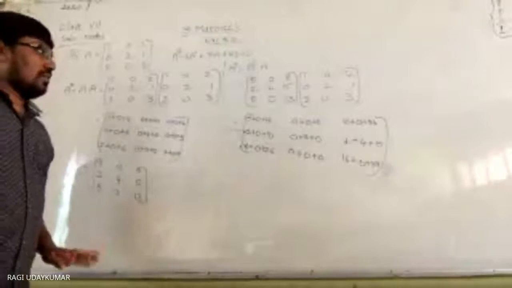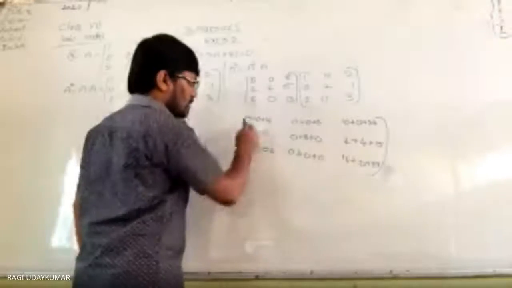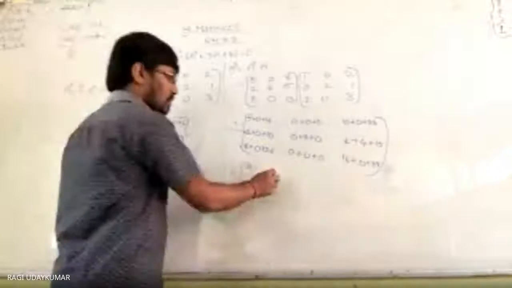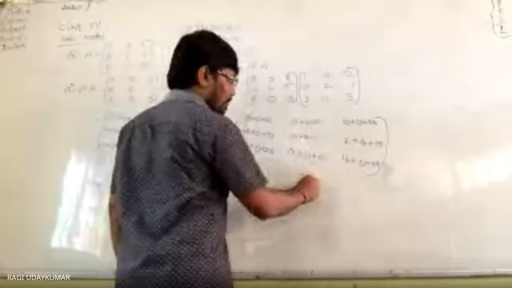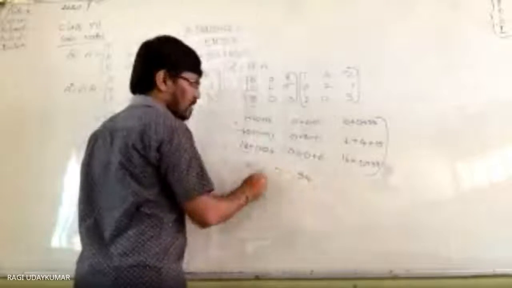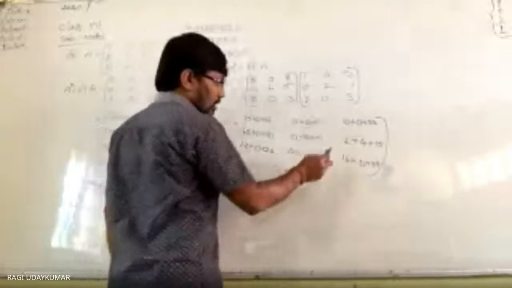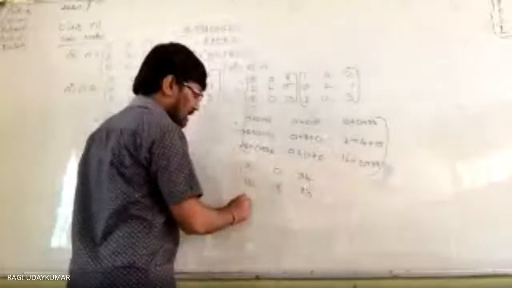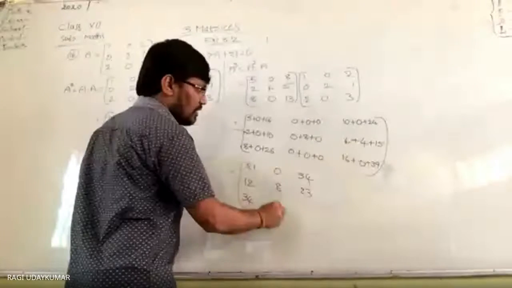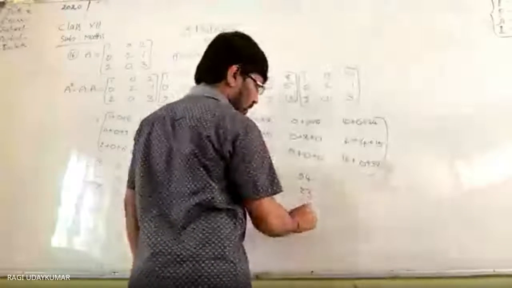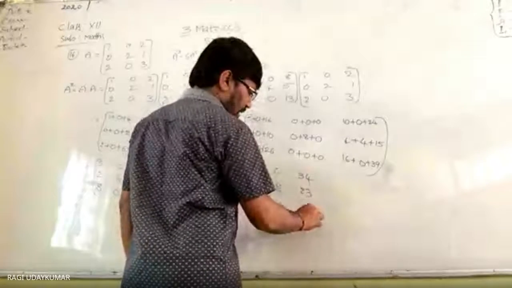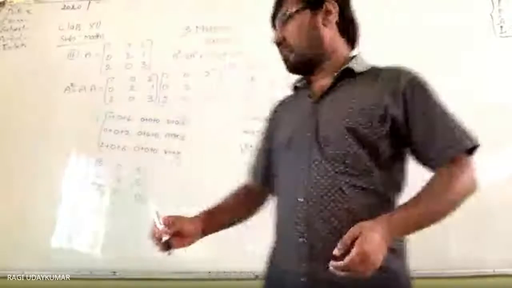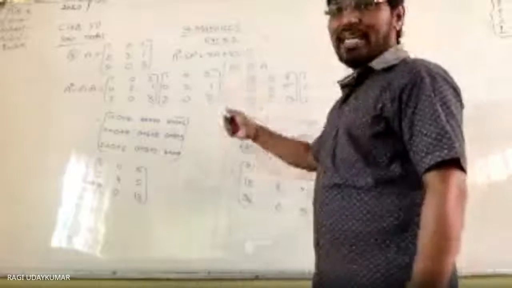Yes, now A cubed has come: 16 plus 5, 21, 0. 34, 10 plus 2, 12, 8. 19, 23, 26 plus 8, 34, 0, 40, 55. Now you have got A cubed. So now, what is the equation given? A cubed minus